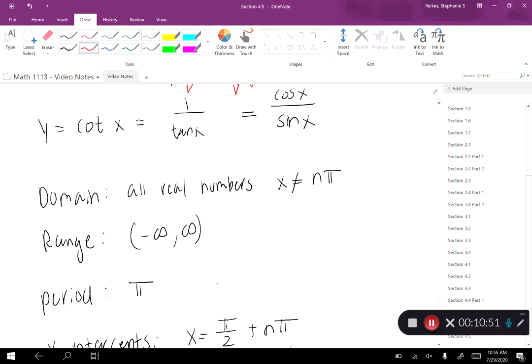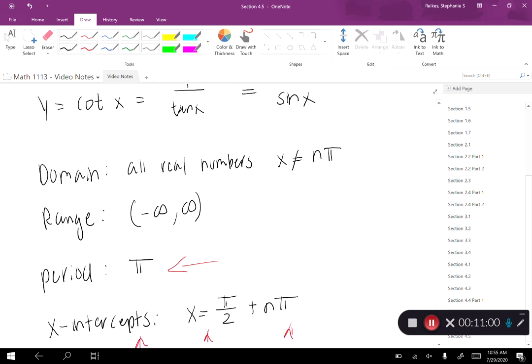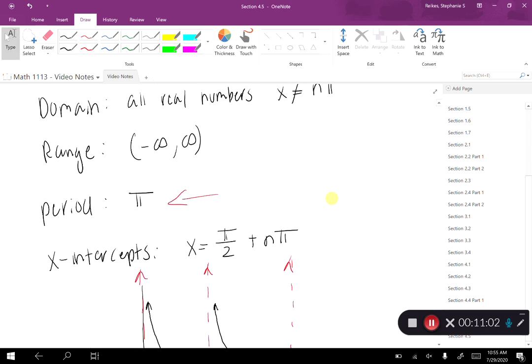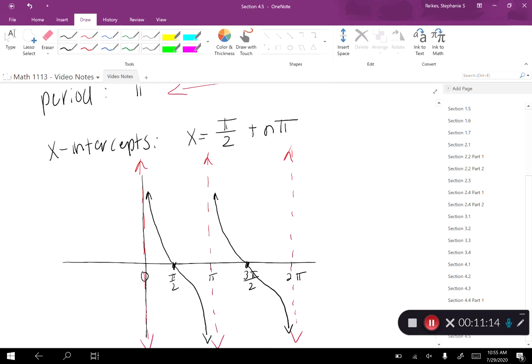Again, take note, this time our period is pi, the same as what was for tangent. All right, I do have x-intercepts, again, where my numerator is equal to 0, so that happens at pi over 2 plus n pi. Again, an odd function, and my vertical asymptotes happen at n pi,